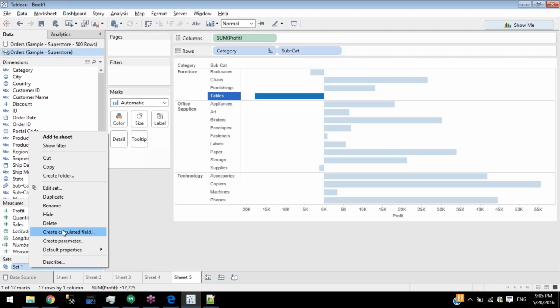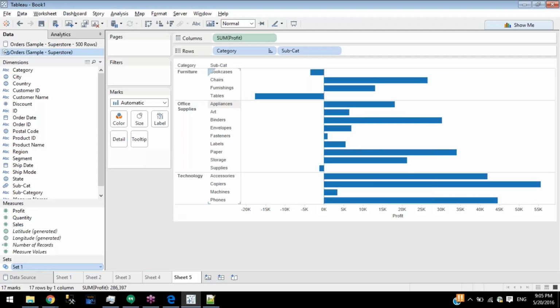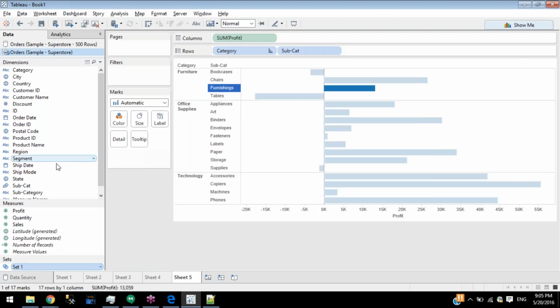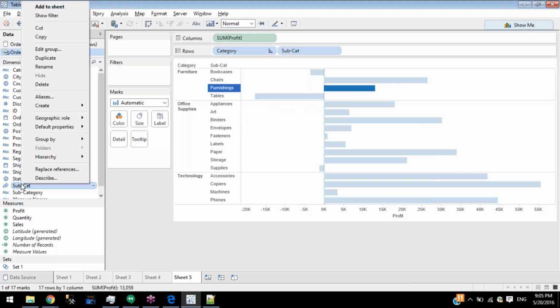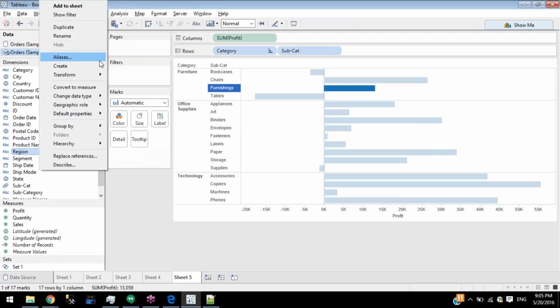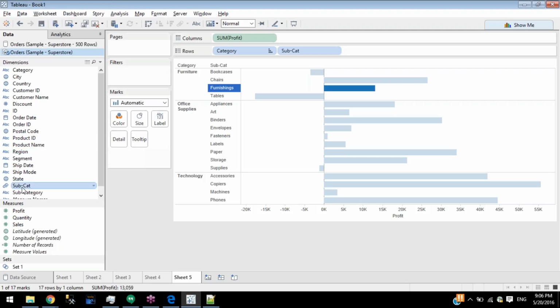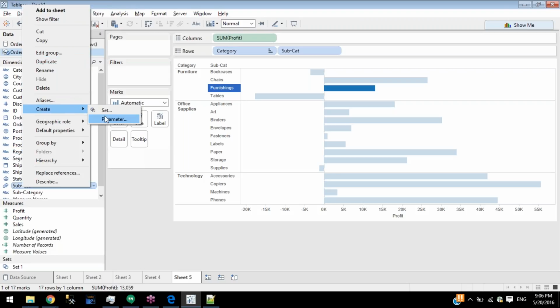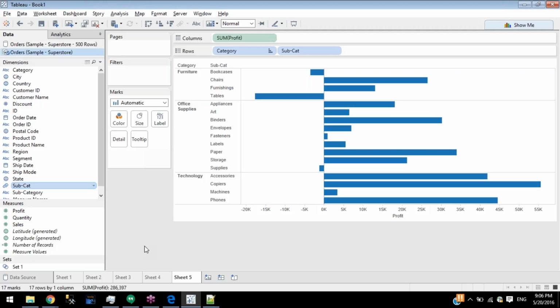Create calculated field. Whereas if I create a group, this is the group that I have, right? Right click, create, calculated field was not there. So if I do it for any other category, create, you see calculated field is present here. I cannot do that with a group option. That's the biggest disadvantage of a group, other than